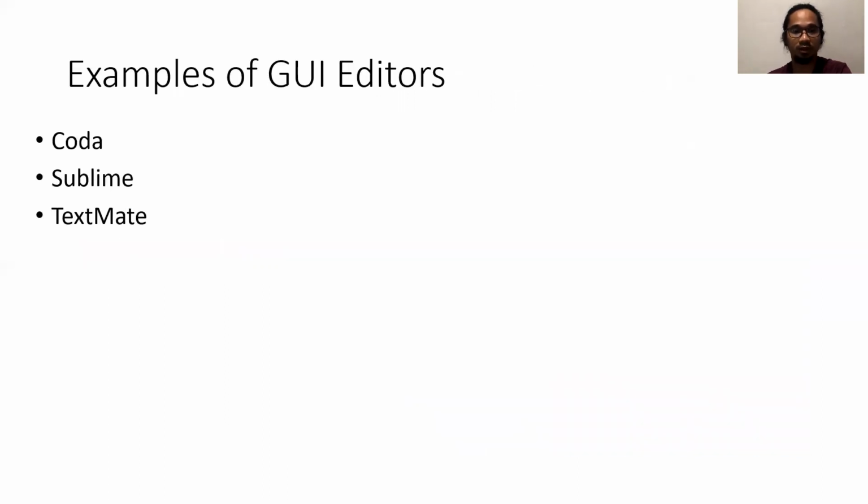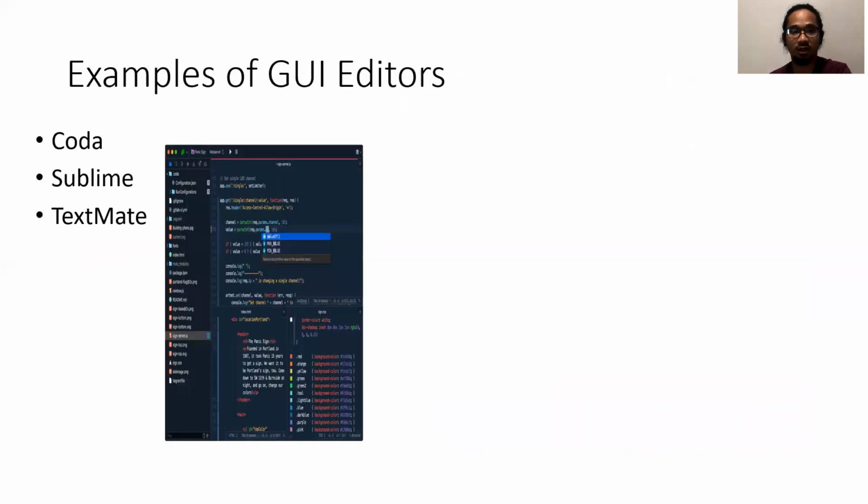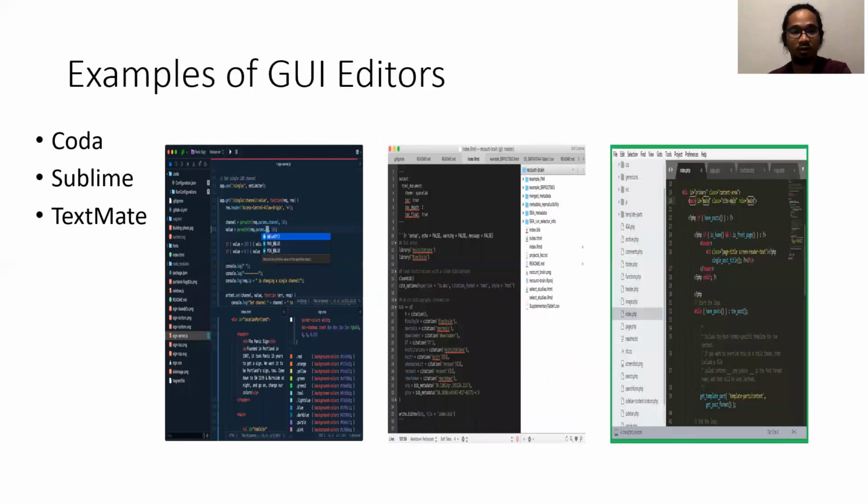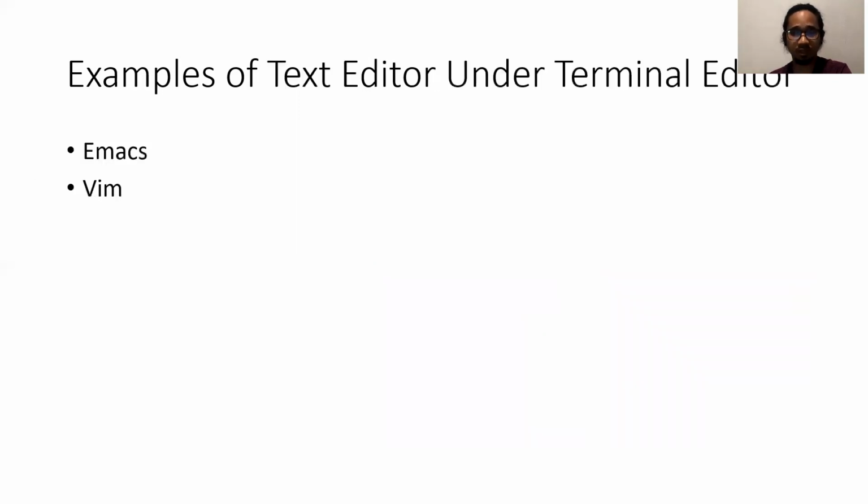Examples of GUI editors are Coda, Sublime Text, and TextMate. Coda provides word processing, spreadsheet, and database functions. It's a canvas that blends spreadsheets, presentations, apps, and documents together. The software can integrate with third-party services. Sublime